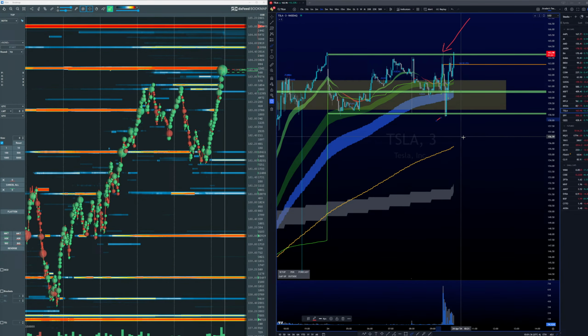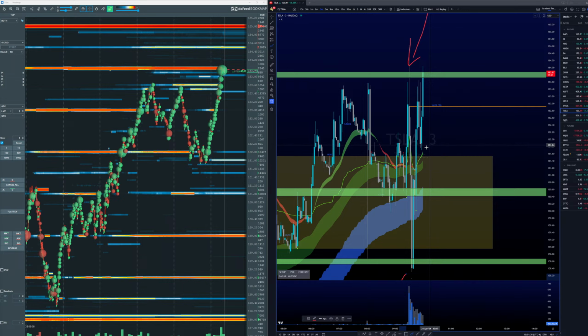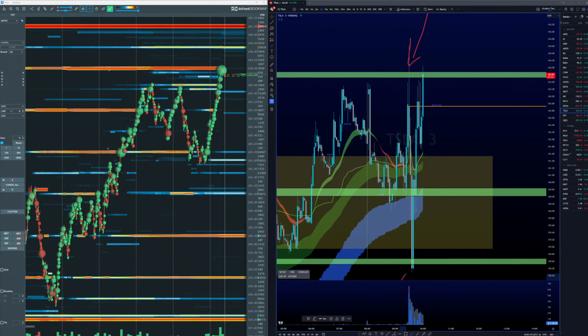Okay, let's start watching Tesla. So dip into the VWAP. Let's see if you can break and hold it 163, 160, 163, 164, and then we're gonna buy dips. Okay. Meanwhile, 340